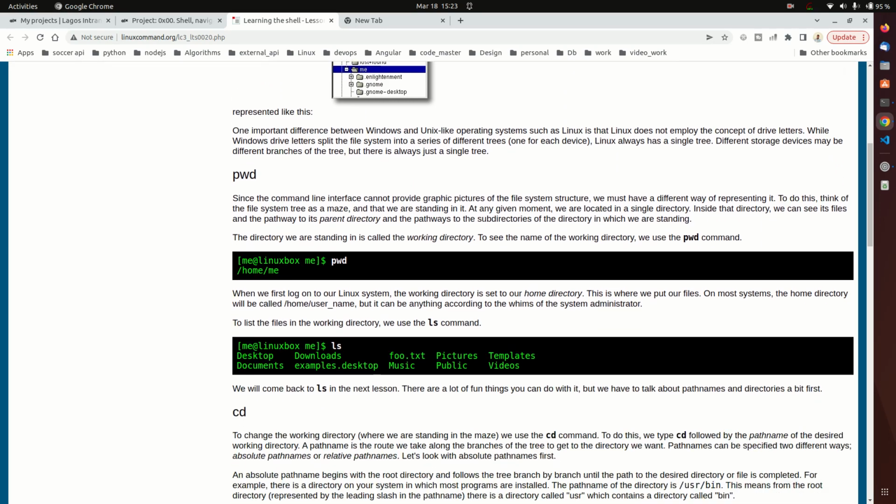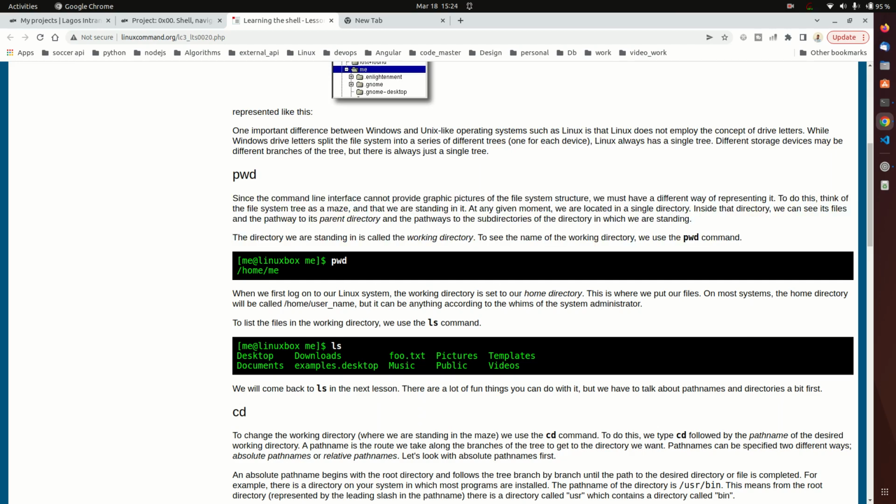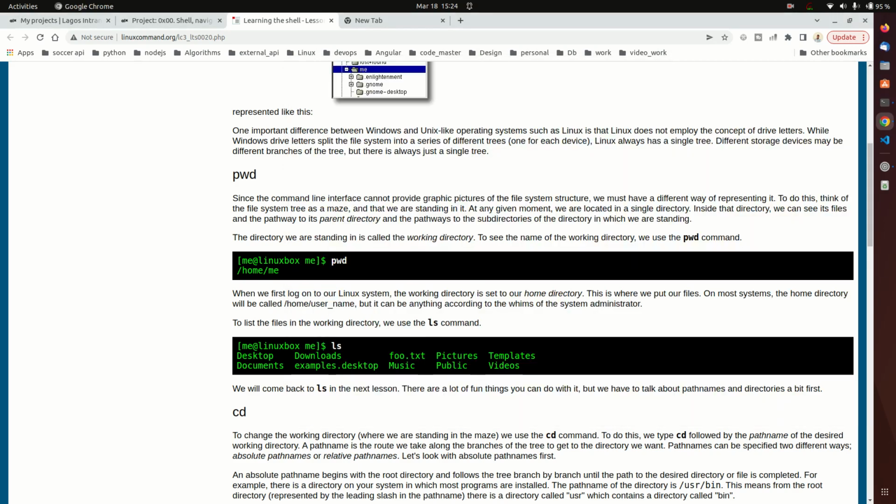If you look at this, you will see this command pwd. Make sure you read this. pwd is a command that lets you know your present working directory. Let's see it in action. Here is my local terminal. If I run the command pwd and press enter, you can see it's telling me I'm in the folder home/swaggersoft. Just like what you've seen here, the command was run and it's telling the user that you are in